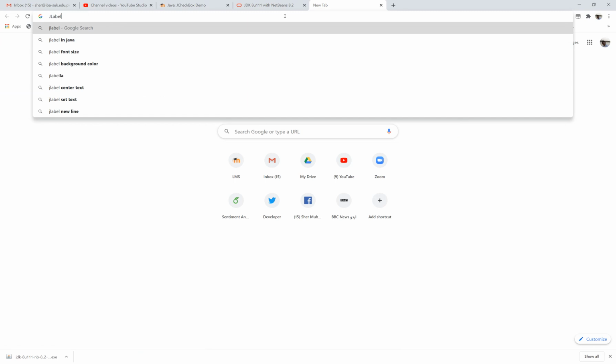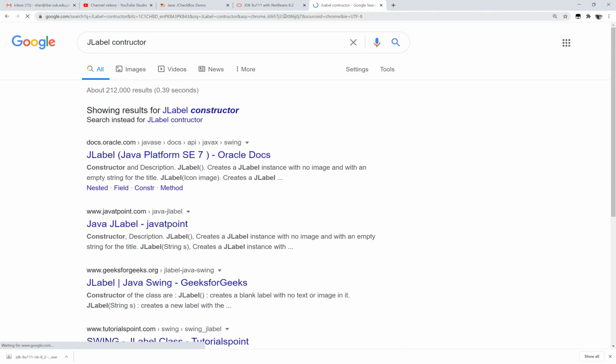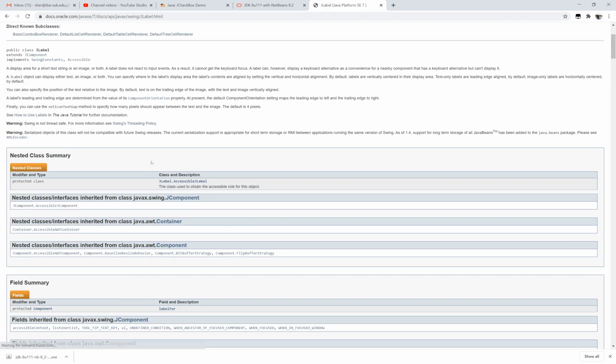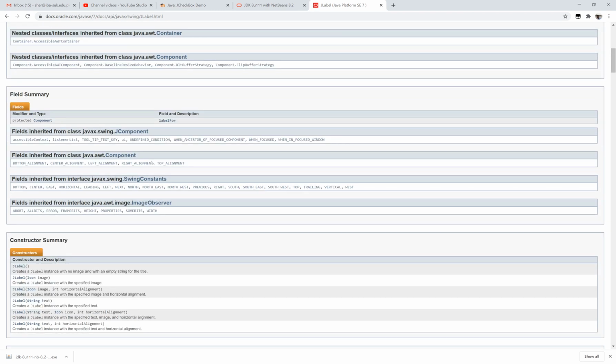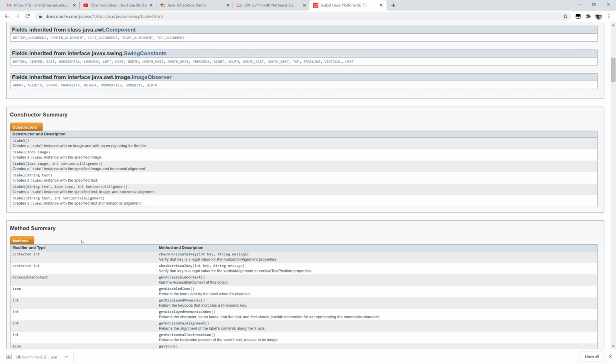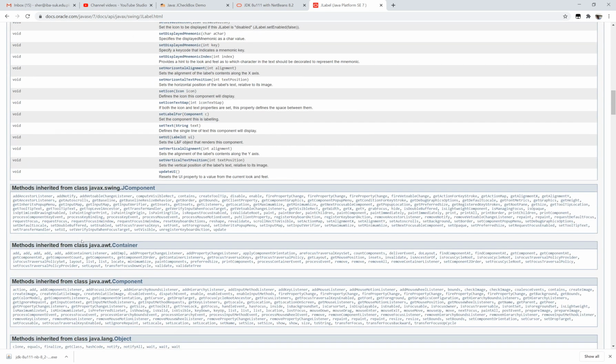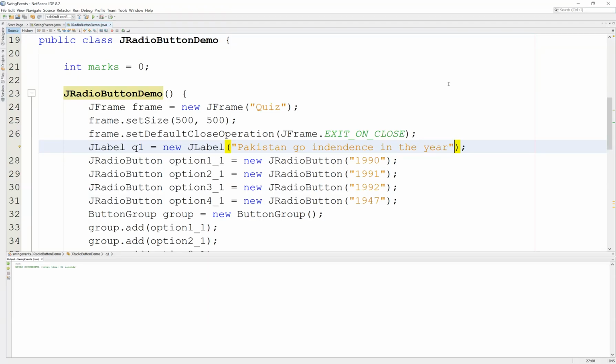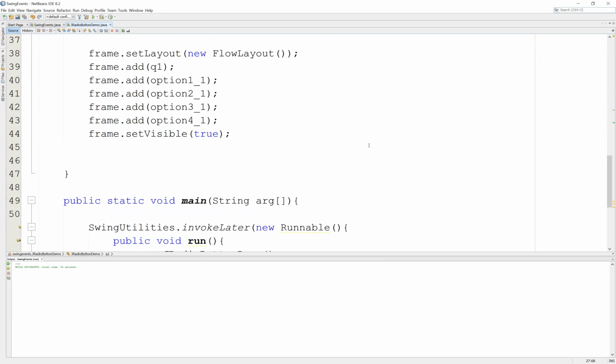JLabel constructor. Let's check if I can set font. Constructor JLabel. Yeah, here is JLabel. It has this constructor, image icon, text icon. I really do not have it. A string text, font, I don't know, we can Google it, but you can see I've got all these 4 questions there, and then I also want to say, for example, add